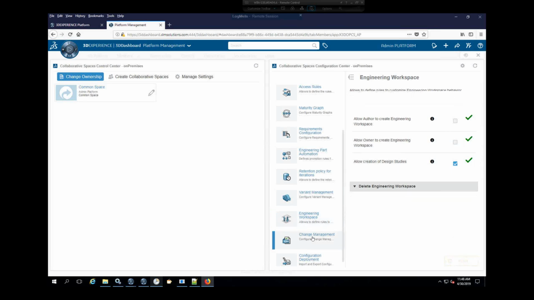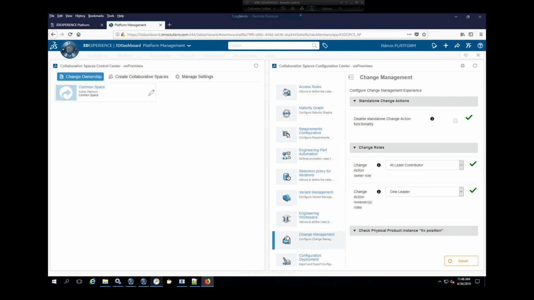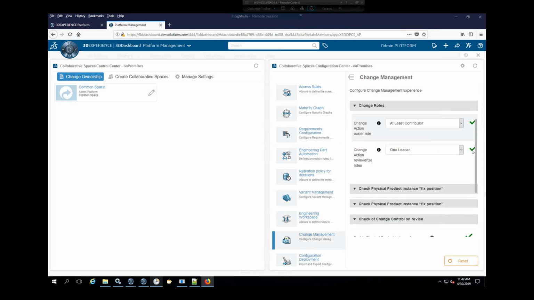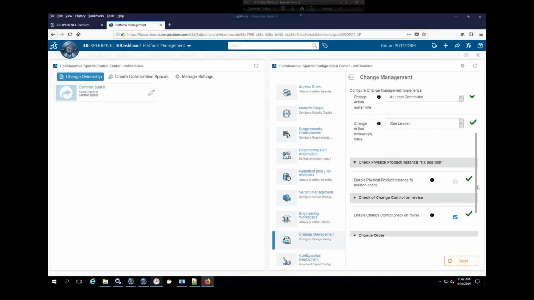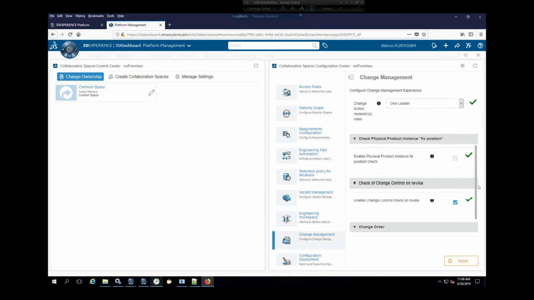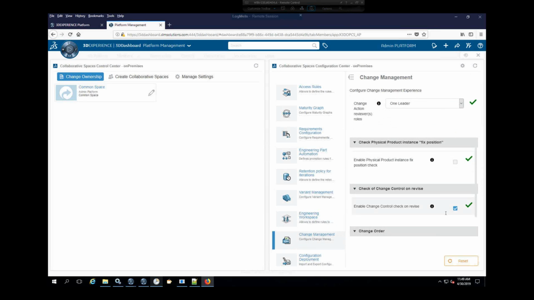Then it goes into the change management. And again, in this case, you have a change order specific set of rules that you can play with. And again, the naming and the description is fairly self-explanatory. This one here, enable change control and check on revise, is something that we often, if I go back